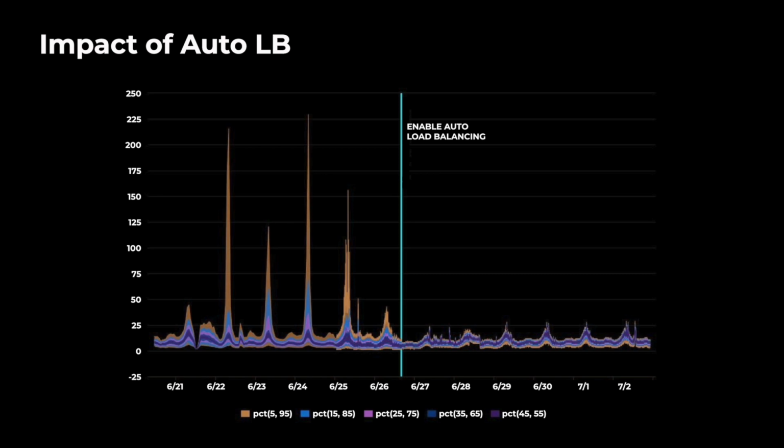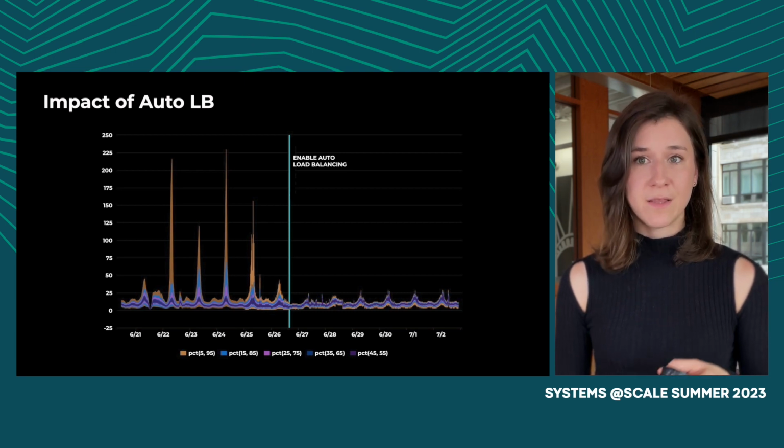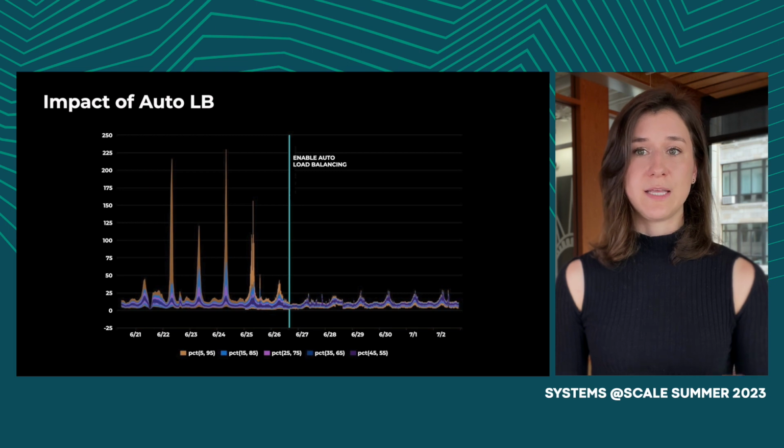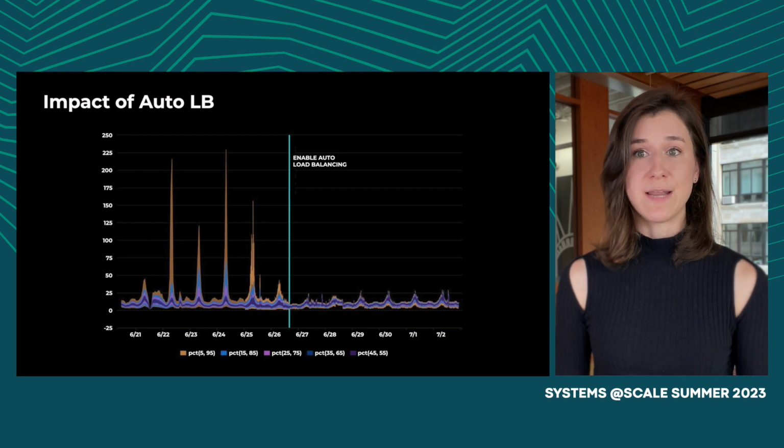all of its CPU. We can see that the impact of enabling automatic load balancing here significantly converges on those spikes, and we see that the load is better balanced across all of the hosts in that service, indicating that we're better using our resources. Automatic load balancing works great for a few services, and eventually we enabled it for every service at Meta by default. However, load balancing isn't the only thing that we must consider when trying to decide where to route a request. So with that, I'll pass it back to Harshit, who's going to talk about how we do low latency